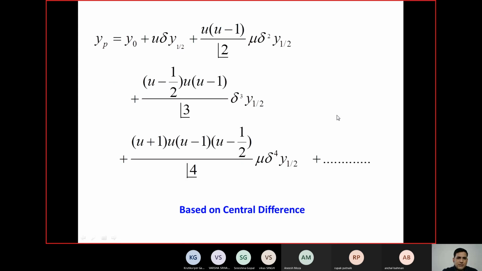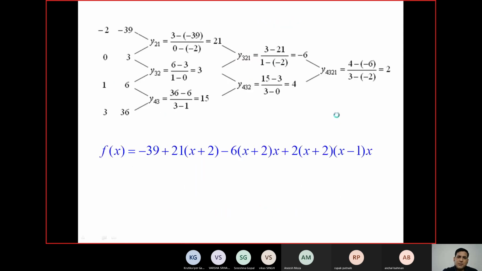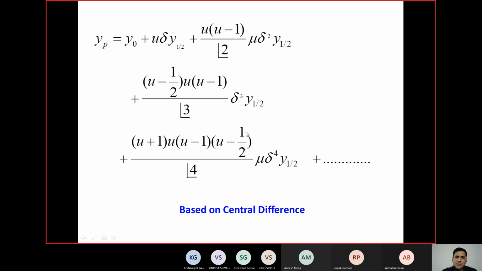This is Bessel's formula based on central differences. So you can also calculate a central difference table. Have you calculated the central difference table so far? We did it a long time back. Yes, we did. That time, on the first day I gave the table and asked you to create the forward difference table, backward difference table, and central difference table. However, we have not used the central difference interpolation formula, but we have created the central difference table. If not, you can do it, okay?